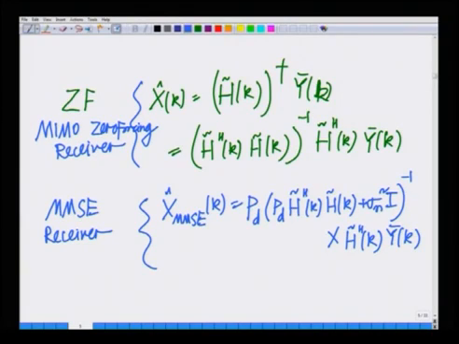This is in fact the MIMO MMSE receiver. We are saying that the MIMO MMSE receiver is such that it estimates x hat MMSE of k